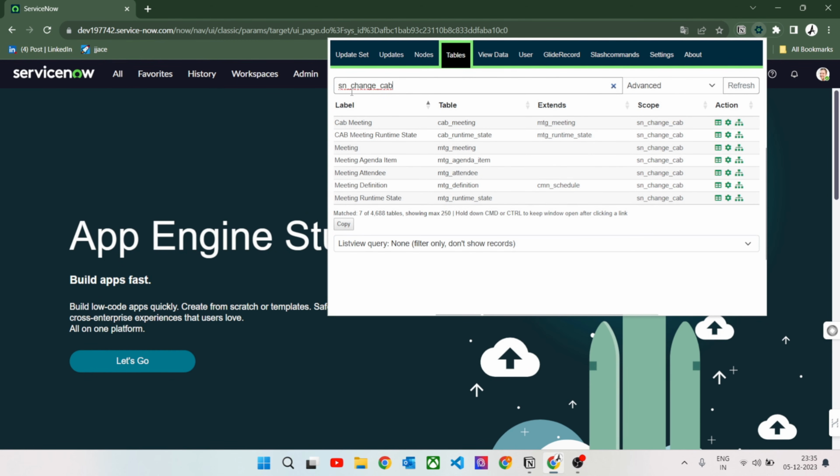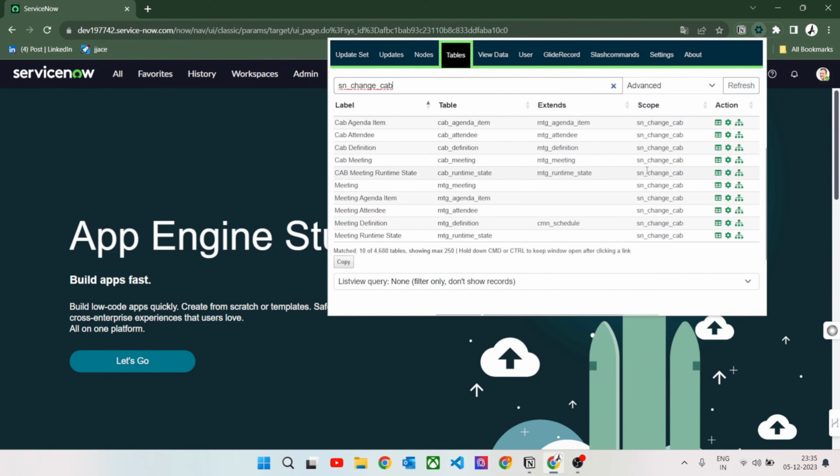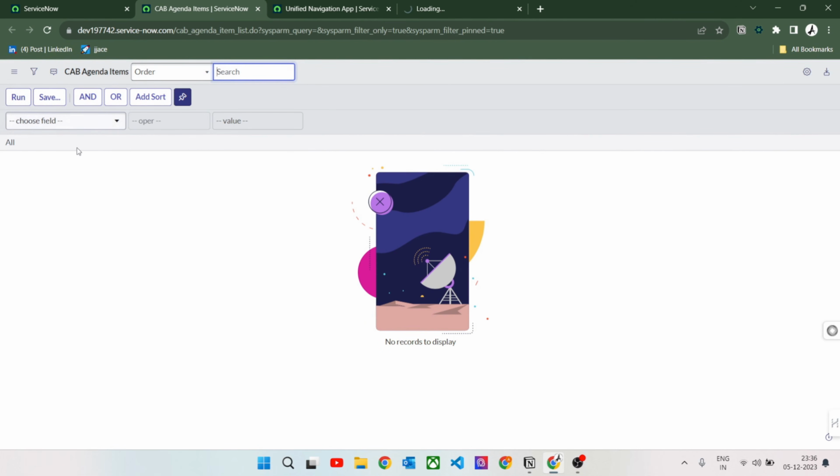this scope out, and if I paste, I can see all the tables which are present in SN cap change cap, and it gives me information: what is the label, what is the table name, which particular table it extends to, okay. And from here only you can navigate to the list view for the same. I will try to open all three: the list view, settings, and the schema also for the same. As you can see, it has opened the list view with the empty filter, which